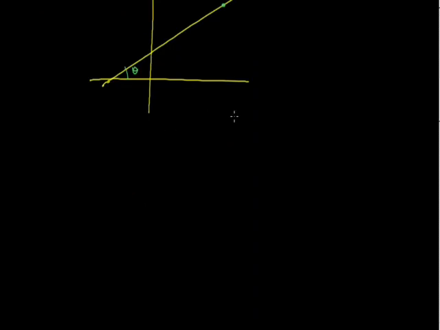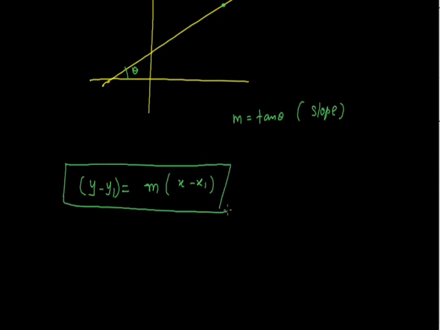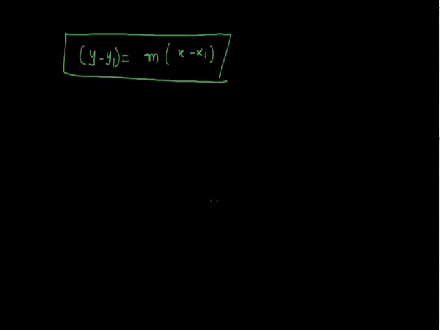The slope will again be given as m equals tan theta. We can find the slope by using the tangent of angle theta, and the equation in this form will be given as y minus y1 equals m into x minus x1. So this is the standard form when information about a point and angle is given. We can use this equation when one point and slope are given. So we can say this form is point slope form.